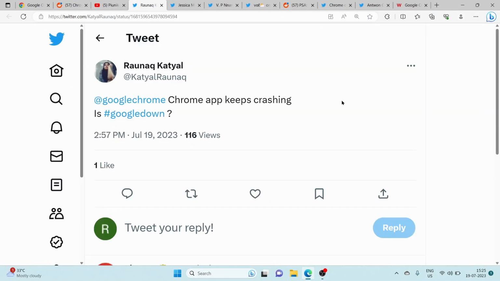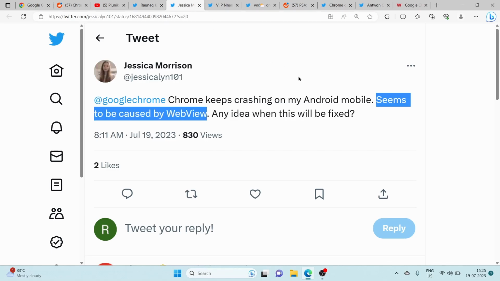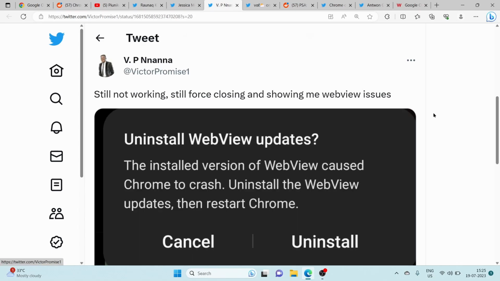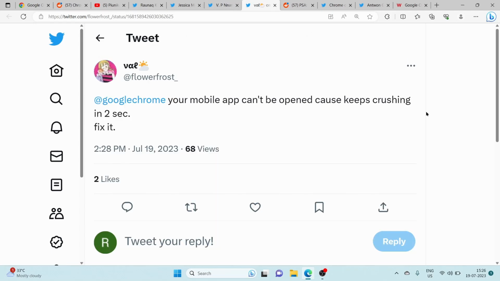The constant crashing of Google Chrome has become a widespread problem for users worldwide. It appears that the Android System WebView is responsible for this problem. Users have also reported seeing a prompt saying the installed version of WebView caused Chrome to crash. These crashing issues have undoubtedly caused a major inconvenience for users worldwide, and they are now eagerly looking for a